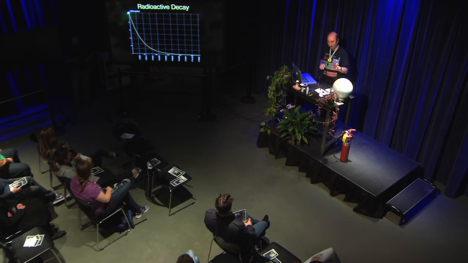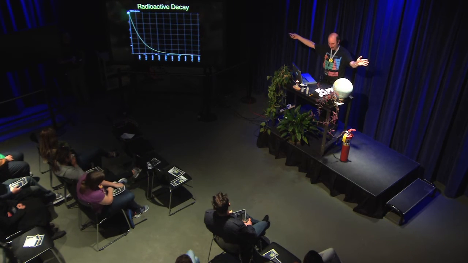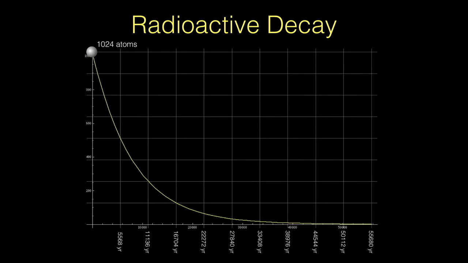When you die, the carbon-14 inside of your body starts to decay, and you have less and less and less carbon-14. After 5,568 years, half of it is left. So if we started, let's just throw out a random number, with 1,024 atoms, after 5,568 years, how many would be left? Half as many, so there'd be 512 atoms left of carbon-14. After another 5,568 years, how many would be left? Half of that. So half of 512, there'd be 256 atoms.